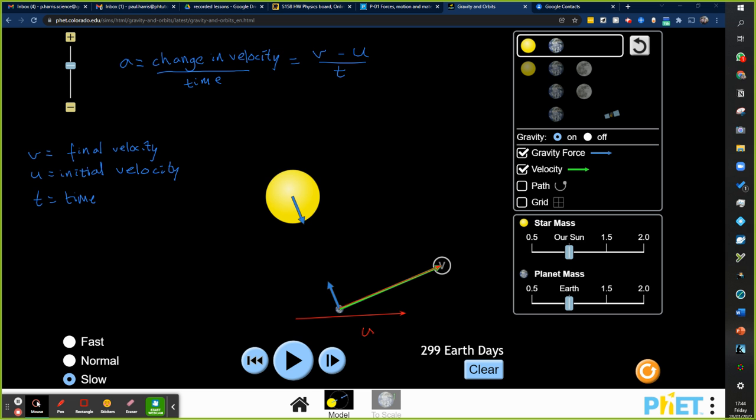Why would that be? First of all, let's try to understand what direction we expect the acceleration to be. Well, if you imagine the sort of average place would be around about here, and it's going to be pointed towards the center like that. So we're expecting a direction to be roughly that direction. Let's just label V,